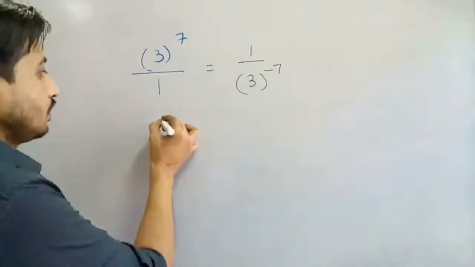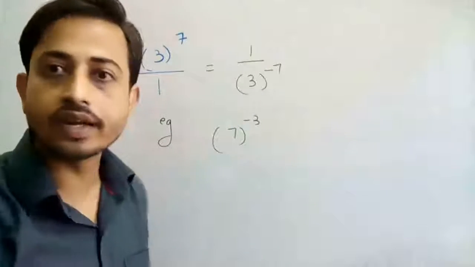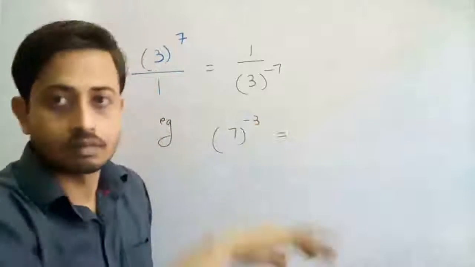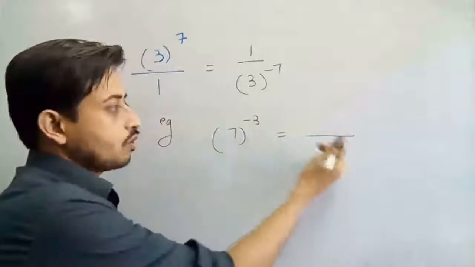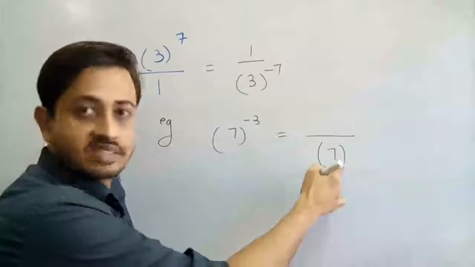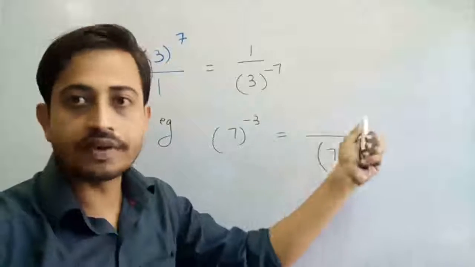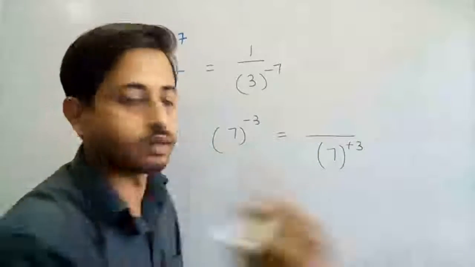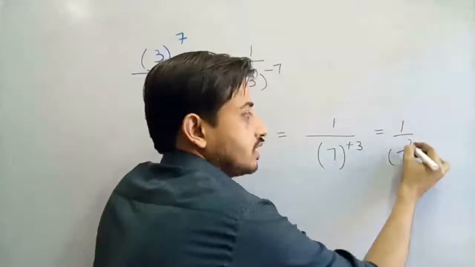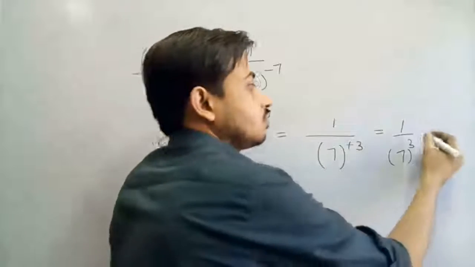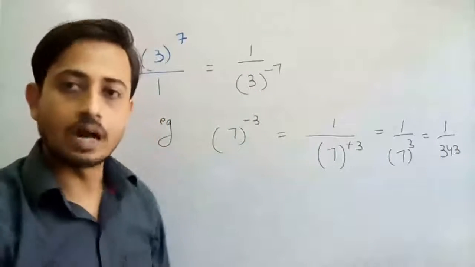Taking some more examples. If you have 7 raised to the power minus 3, how can you write it? You can make it positive if you move this term to the denominator part. So I move this term to the denominator. The exponent remains the same, only the sign of the power changes. So this becomes positive. And there is no term specified in the numerator, so you have to use 1. So the answer is 1 over this, and you can simplify this as 7 raised to the power 3. And what is 7 raised to the power 3? The answer is 343. I am taking some more examples.